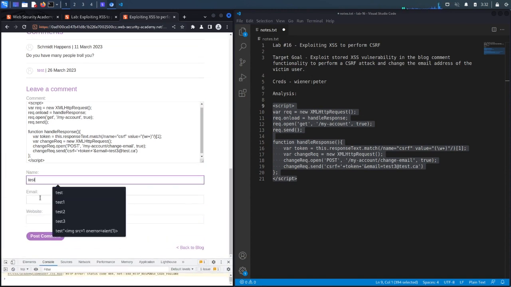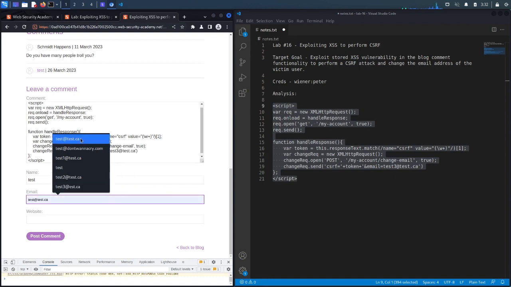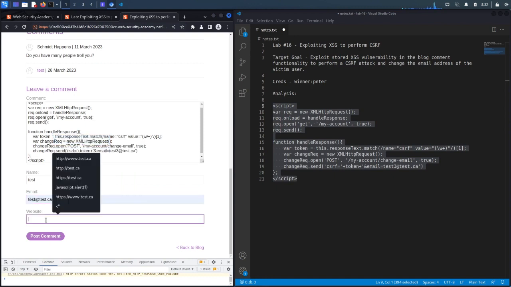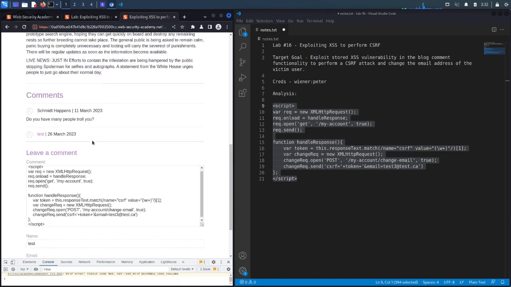And then let's say test. Email is test@test.ca. And the website is http://www.test.ca. So essentially over here, when we click on post comment, it'll post the comment and store the script under this post over here. When the victim user visits this post, the script will run, and what it'll do is